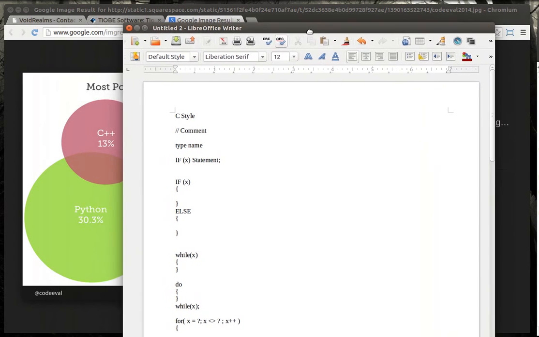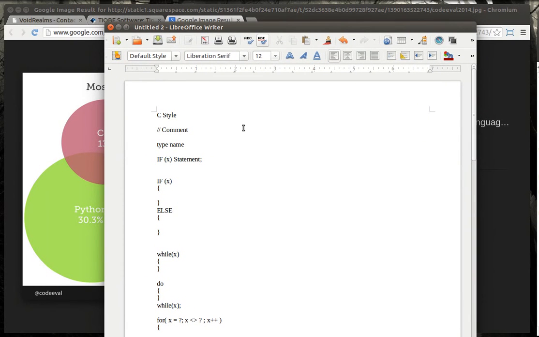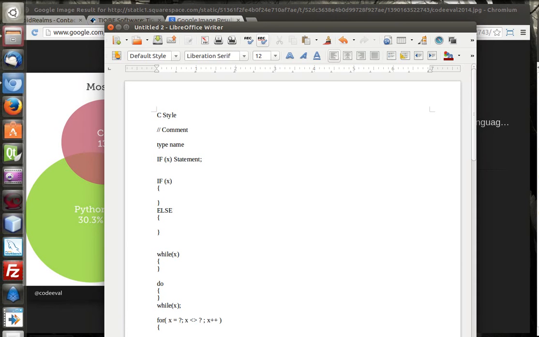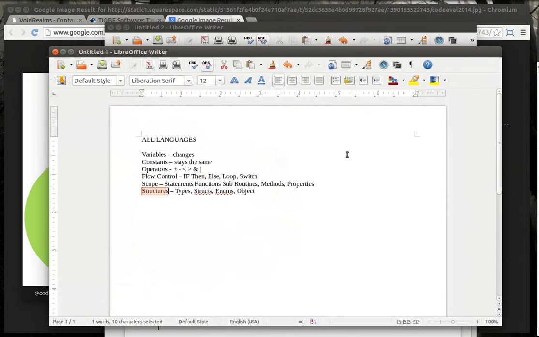A lot of people get kind of confused and daunted when they start a computer science class and they have to learn 2 or 3 languages in a semester. And I'm sitting here going, learning the language is extremely easy. It's just, you got to bear in mind you have variables, constants, operators, flow control, scope, and structures. Notice how we have not talked about structures. There's a reason for that, because structures are treated very differently in each language.